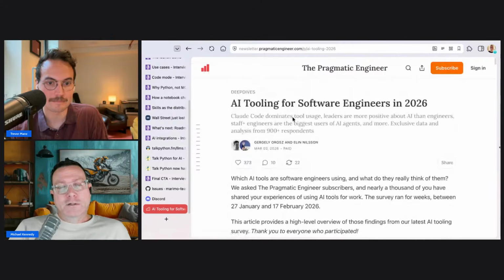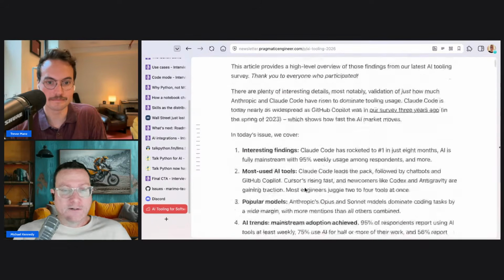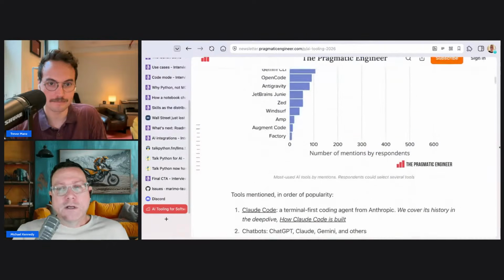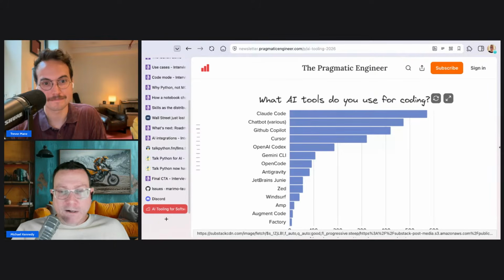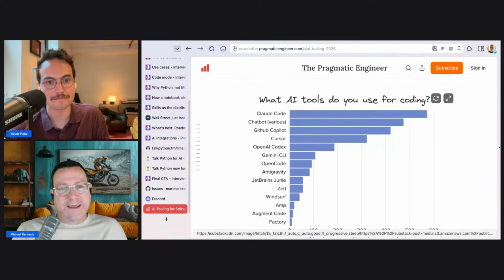So there's this one that was AI tooling for software engineers in 2026. So you scroll down till we see a graph. There we go. If you look at what people are using, it's Claude Code, and then quite a ways back, we get Google Copilot, which I think is really, I don't know, maybe I live in some kind of sheltered world, but I feel like this is primarily used because companies have Microsoft 365 subscriptions and they've got 10,000 employees and they're like, you can use Copilot because it's approved.